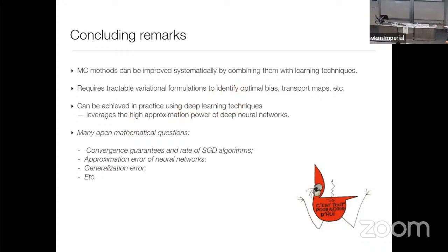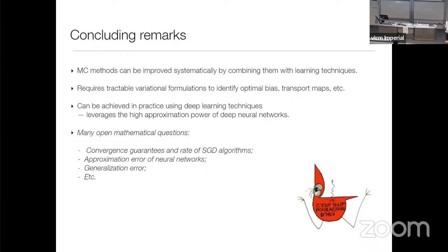Of course, I listed a few mathematical questions that are interesting, which is to try to understand the convergence properties of these methods, etc. But there is clearly a big elephant in the room, something that has been discussed in some of the other talks on machine learning, which is that this relies on the expressive power of these deep neural networks and our ability to train them. And even though there's been a lot of progress in recent years in trying to understand this issue better, it's still very much an open problem.